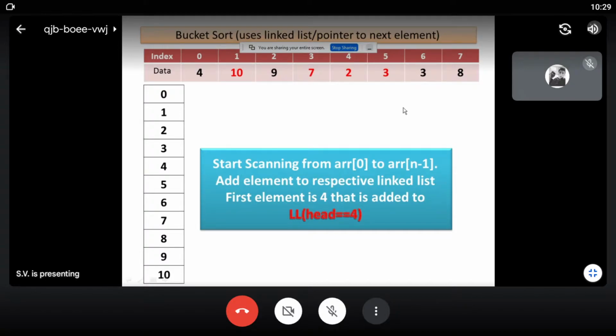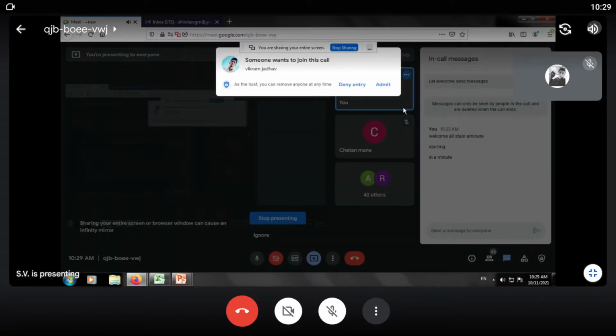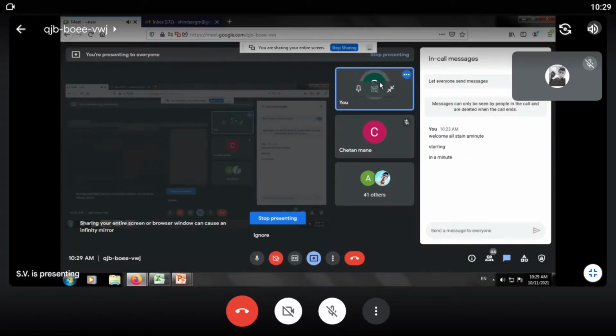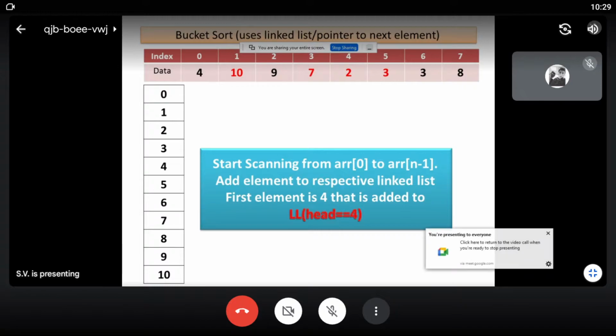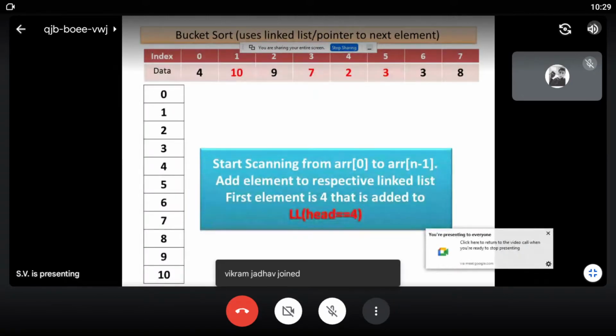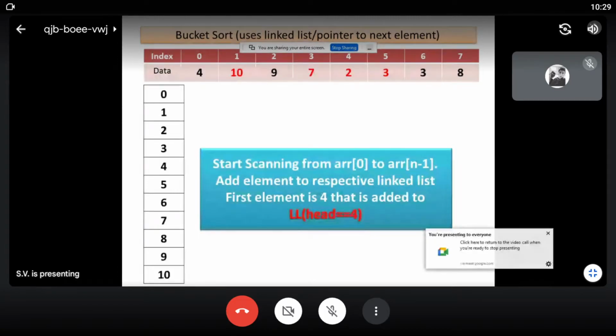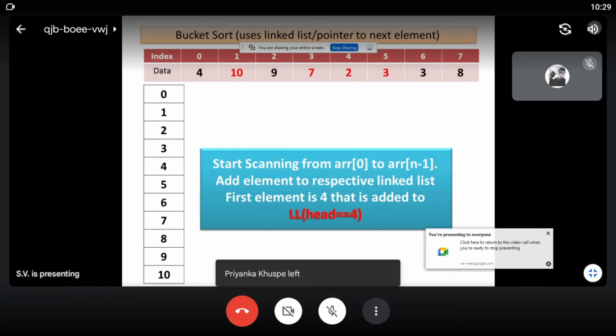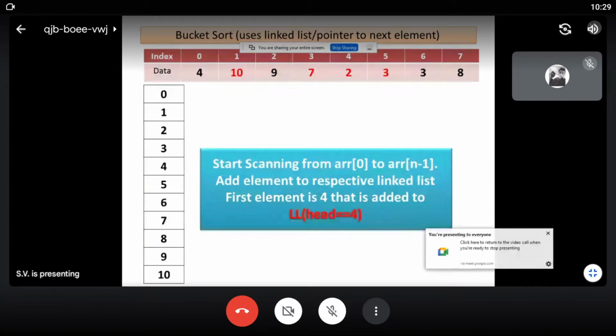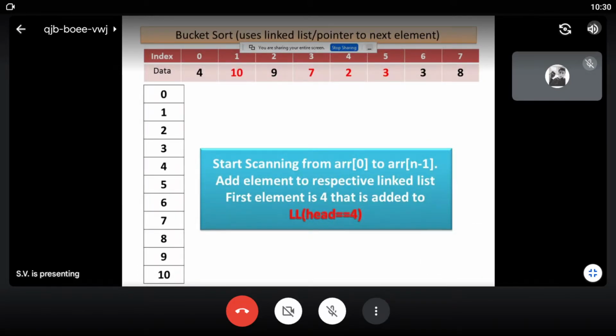What you have to do is start scanning the array from index 0 to n minus 1, and add each element to its respective linked list. The first element is 4, so it is added. LL stands for linked list, and head is equal to 4.